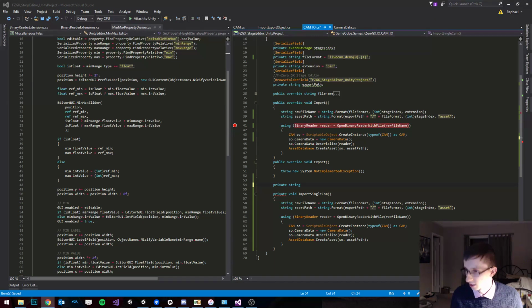I'm going to make a quick script that's going to import every single piece of camera data from all the binary cameras into assets in one button click. And that's going to be what's cool. And the reason why I've been torturing everyone with this long debugging. Almost there. And I got this giant